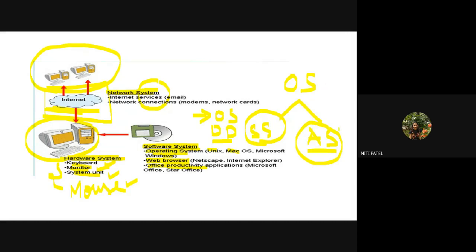Now suppose you are learning C++ and you want to install C++ software. What is that C++ software? It is an application software. Next semester, if you are going to study DBMS, database, and you install that database in your computer, what is that database? It is nothing but application software. So application software keeps on changing from user to user. Why? Because a user is installing it only for their own purpose. The system does not give you this kind of software. They are installed by the user for their own use.